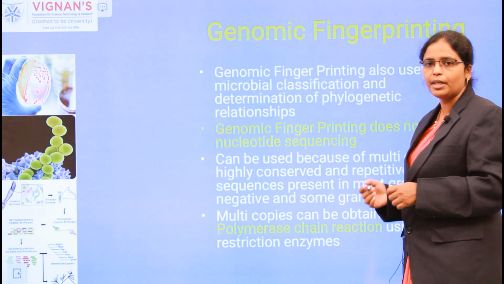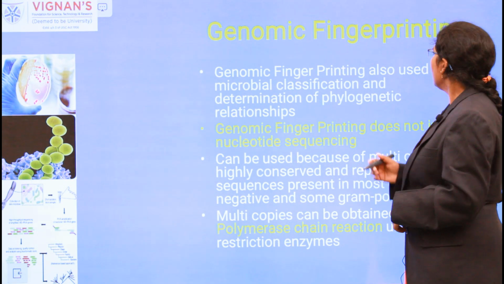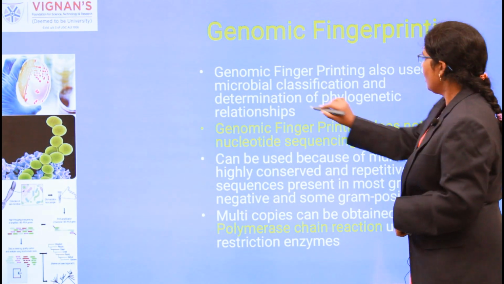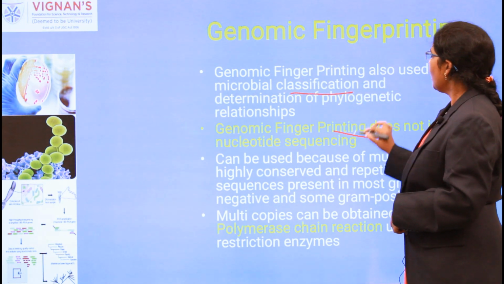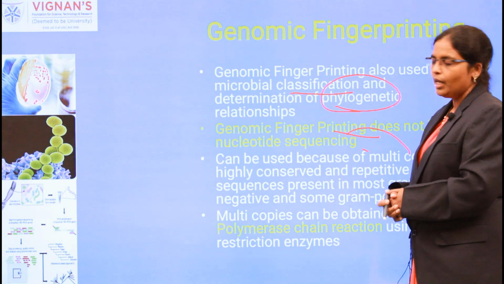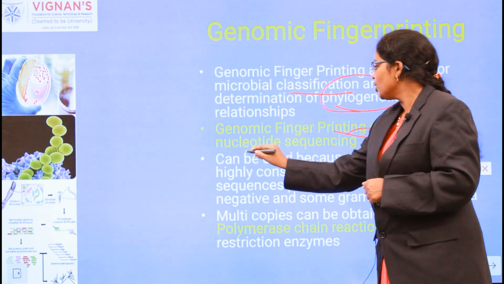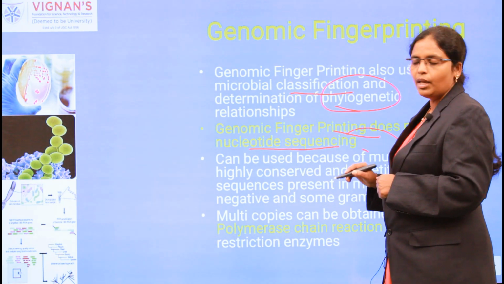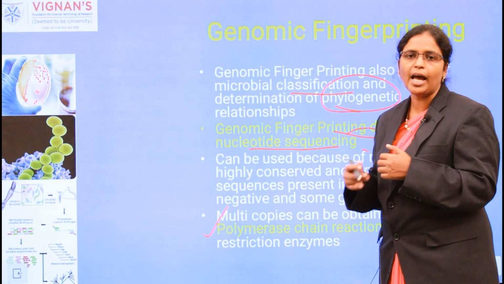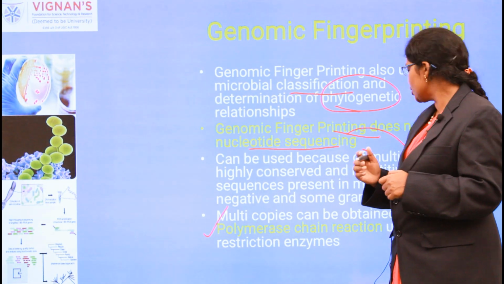Next, genomic fingerprinting. So this is another technique used for microbial classification and we can determine the phylogenetic relationships. Here in this genomic fingerprinting, it does not involve the nucleotide sequencing. Here we will do the polymerase chain reaction, that is the amplification of the genetic material. Okay, I will show you